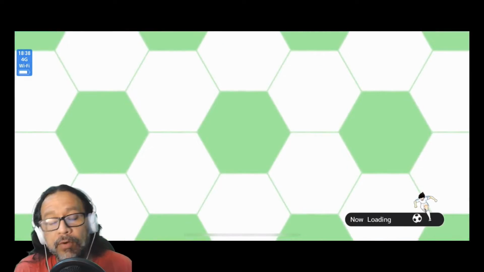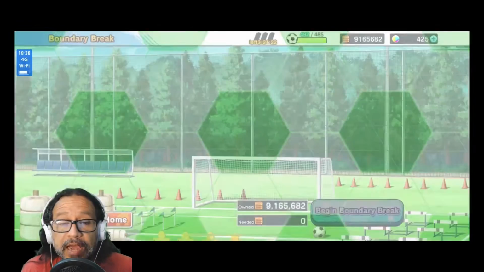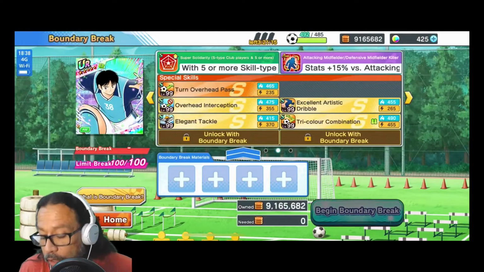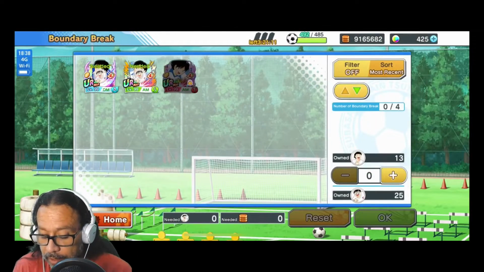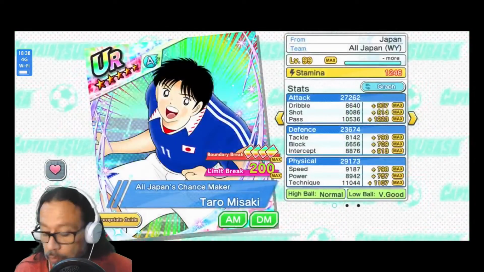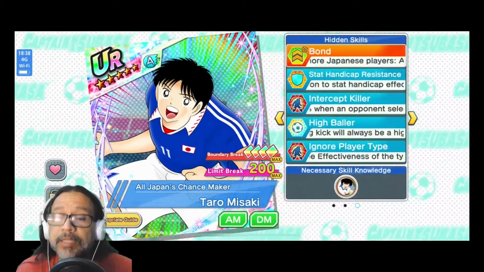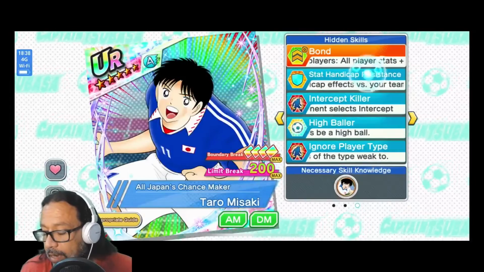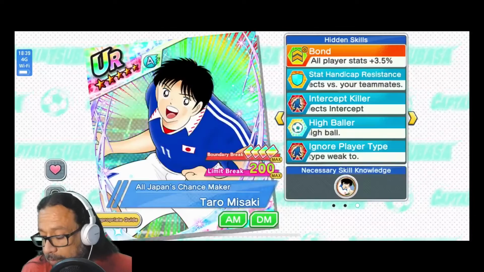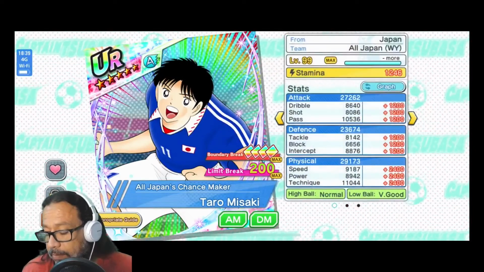Okay, now let's get on to the Manabus and how do they work. So in this case, we have Misaki that I want to get yes or yes to boundary break 4, but I do not want to use my Tamatsus. Now I have the option here to use this World Youth Misaki, which we all kind of waited for a long time to see if he would get a rework or something like that, and it came out okay. It's not too bad, TBH, not too bad I guess, but at the same time,